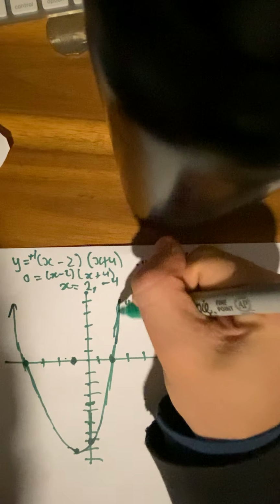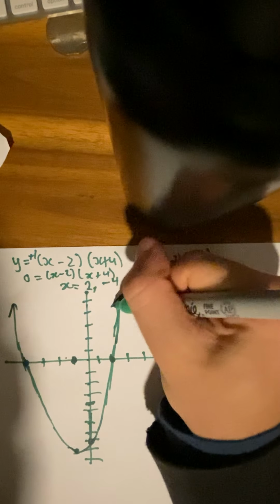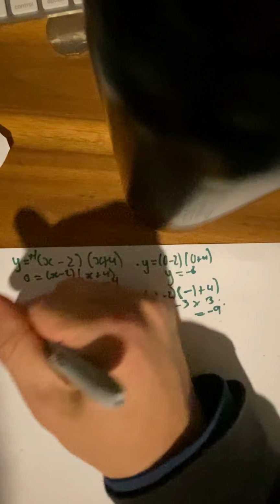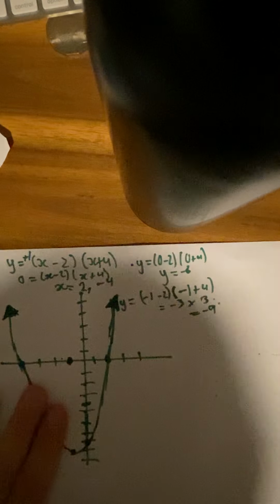And we add arrows on the end, to acknowledge that this will go on infinitely. Now, if we have a look at another example,